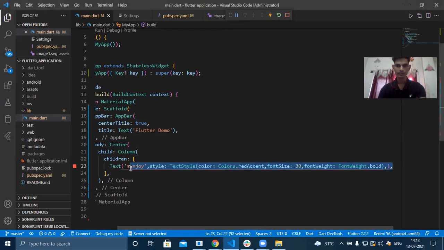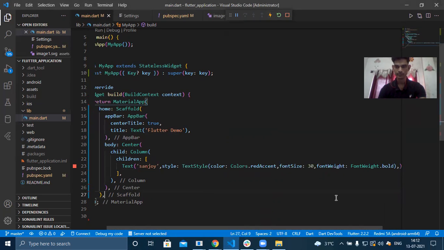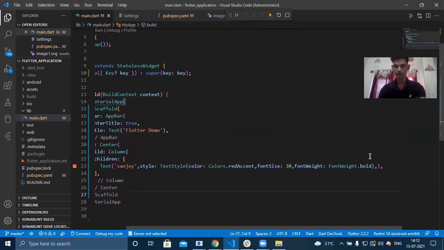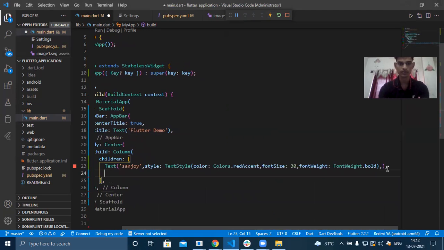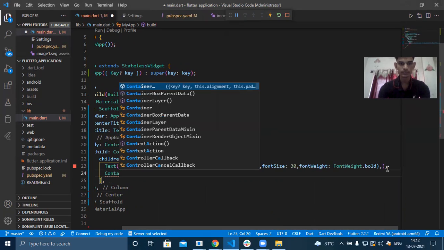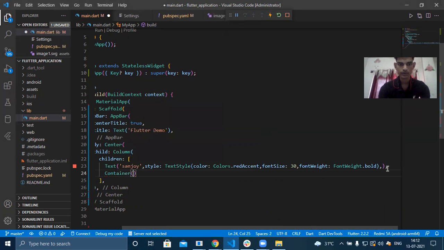So after this text, let's leave it here. After this text, I'm going to show you there is a container. Inside the container, this is the most powerful widget in Flutter, you can say.